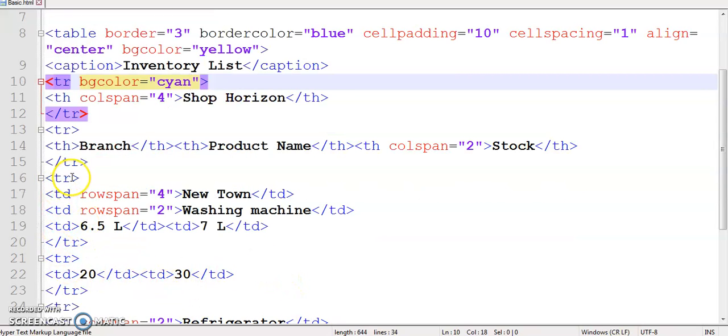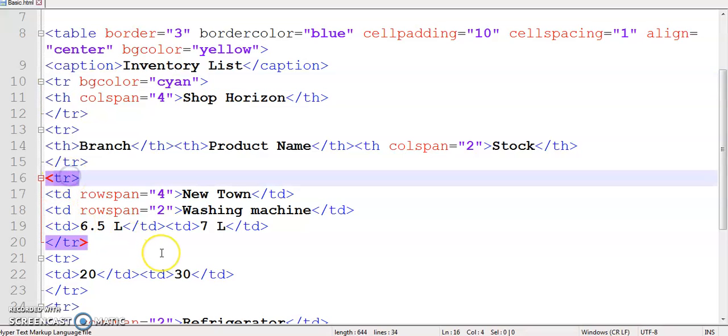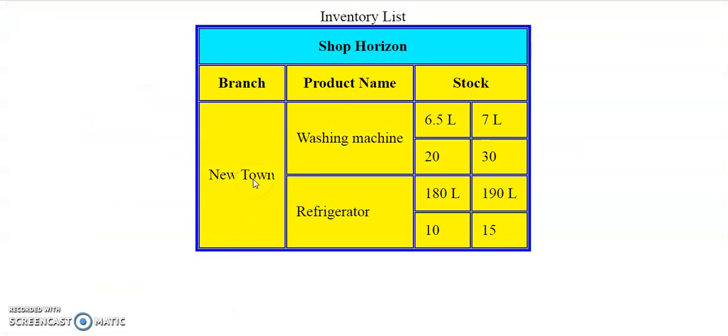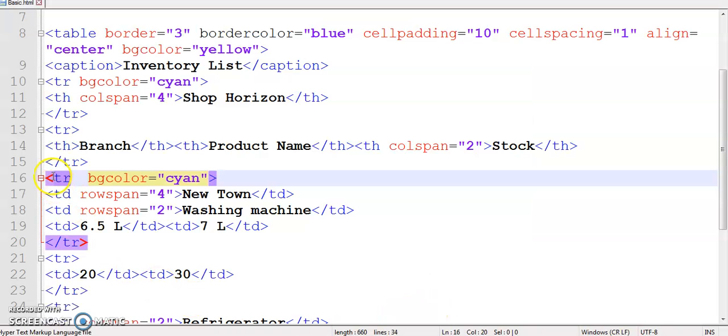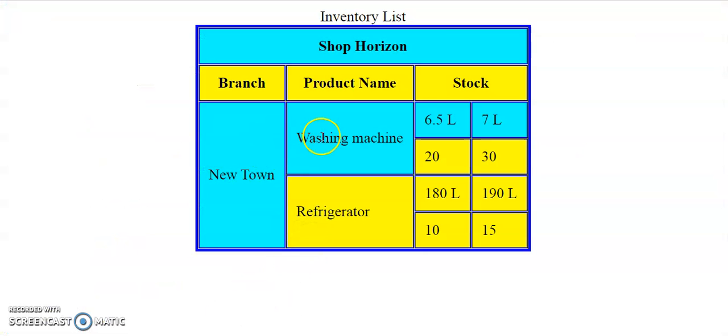If I provide a bgcolor value to the third row, then that happens because this row also has this cell spanning. So this happens. Now if you want to override the color of these cells, you have to provide a separate color for these td elements.